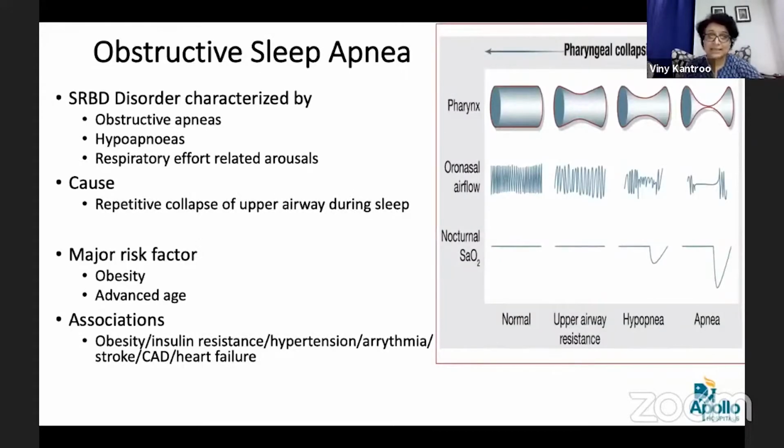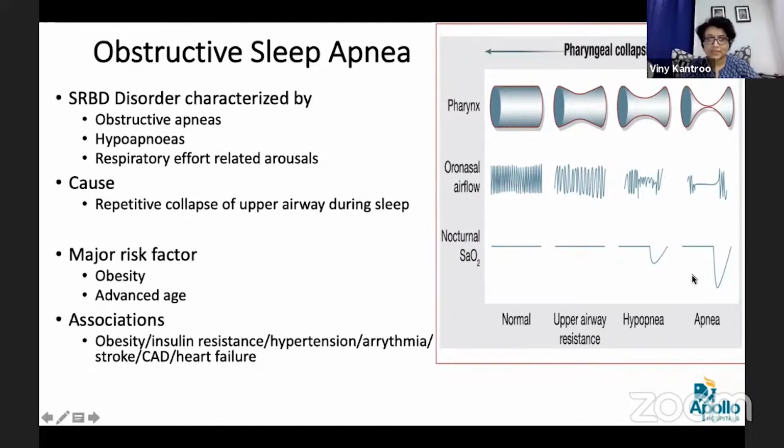So, what is exactly sleep apnea? Obstructive sleep apnea is basically one of the sleep related breathing disorders, which is characterized by obstructive apneas, which are actually defined by complete cessation of your breathing during nighttime sleep for a minimum of around 10 seconds, whereby the flow inside your pharynx, which you can see here in the diagram, your pharynx has just shrunken to a very small chink, leading to decrease in the airflow slowly to complete cessation of the breathing, causing nocturnal decrease in your